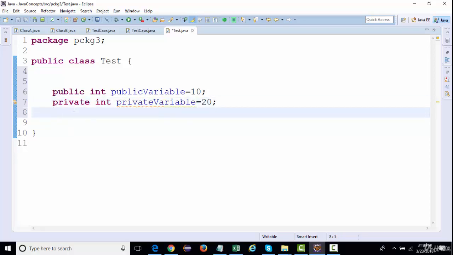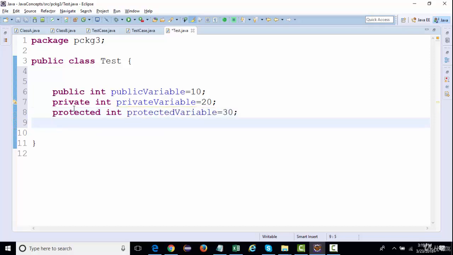Similarly, protected variable 30, right? And then default will not have any modifier, so I'll say default variable equal to 40, something like this.